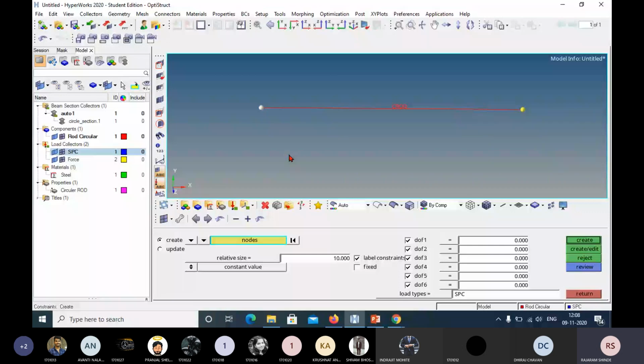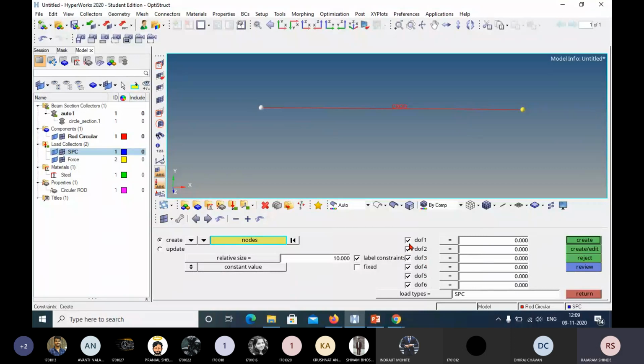How many degrees of freedom are you going to constrain? Here I am going to constrain all degrees of freedom, because it is a fixed support. That is DOF1, DOF2, 3, 4, 5, 6. 1 is translation in X direction, 2 translation in Y direction, 3 translation in Z direction, and the rest are rotations about the XY plane, YZ plane and ZX plane. So 1, 2, 3 are translational and 4, 5, 6 are rotational degrees of freedom, and all are constrained for my problem.